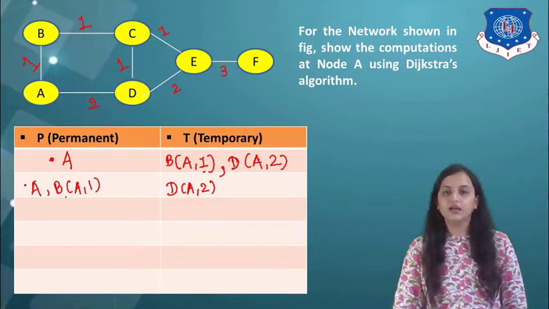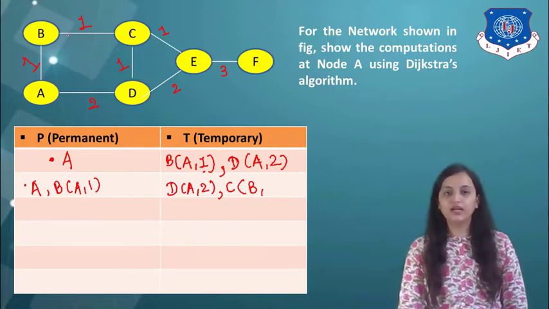Okay. Now we are at the node B. So same procedure we need to follow for the node B. We need to check for all the outgoing lines or the connections from node B. So node B is connected to C and A. Now A is already on the permanent side, so we need to consider only the C value. So same way we need to write down the destination node C from the node B with the distance 2. Remember that you don't need to write down this distance only. Always distance is to be calculated from the root node. So from this it is 1 plus 1, 2. So the entry will be C, B, comma 2.